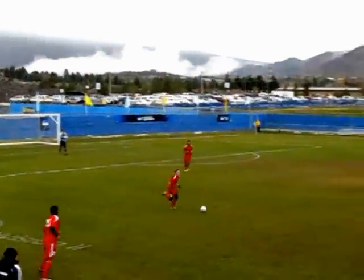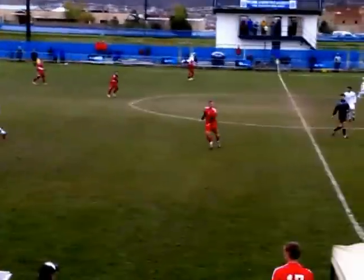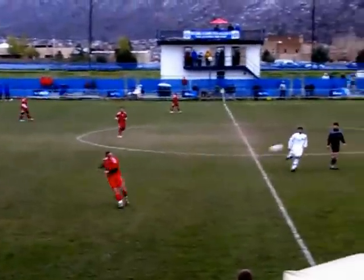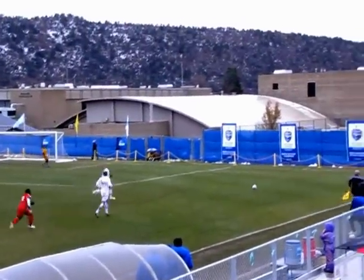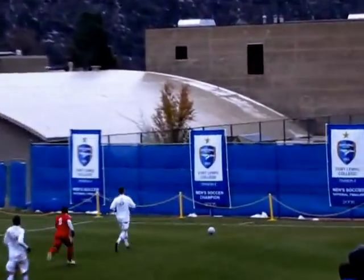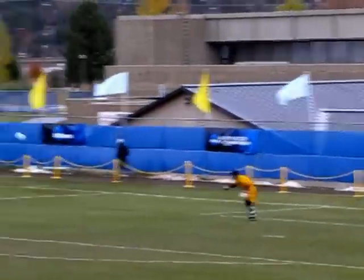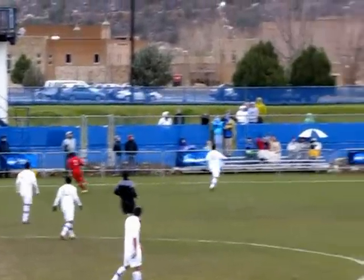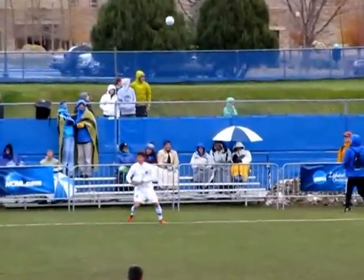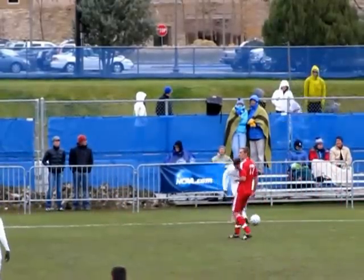Yeah, our forwards got their hands full against this Incarnate center back here, Estrada. He's a senior center back there, Edward Estrada, out of Houston, Texas. He's a good player. And Incarnate Word go into the forward line again, but that ball's going to reach the 17. That's John Stephenson. He's also an Englishman. 6'4". Ryan Worth kicks the dirt as he tries to take that goal kick, and that causes the ball to